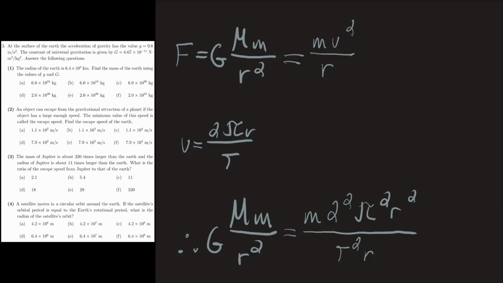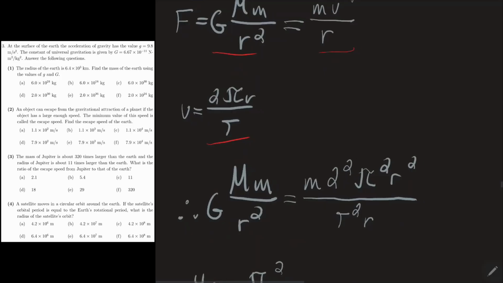So the gravitational force on a satellite is in fact a centripetal force, since it is orbiting the Earth in circular motion. So that means that these two forces are equal to each other, right? This is the gravitational force, this is the centripetal force. Then the linear velocity of an object in circular motion is equal to 2 pi r over t, where t is the period. Now plug that into the expression we just found,